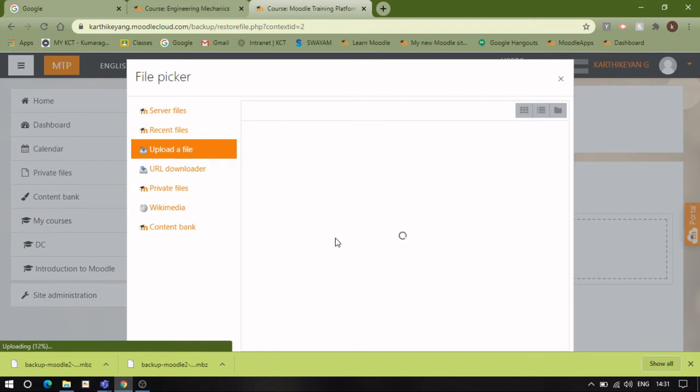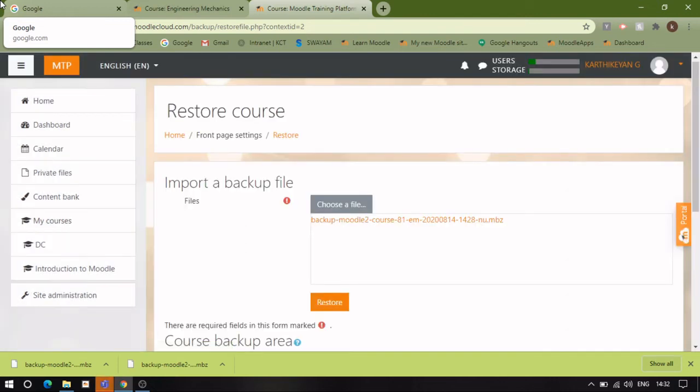Actually, this is a course you already created. The importance of backup is that you have uploaded a lot of files and recorded videos. Suppose your file gets corrupted or there are some other issues, then creating it again is very difficult. That's why we are taking the backup. You can use it even in Google Classroom or some other learning management platforms. Otherwise you can also save it on your desktop, because it is a very small file, only 13 MB.